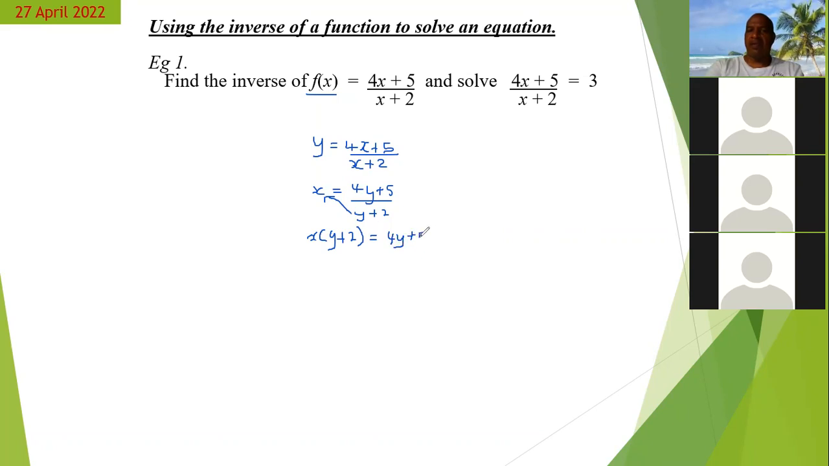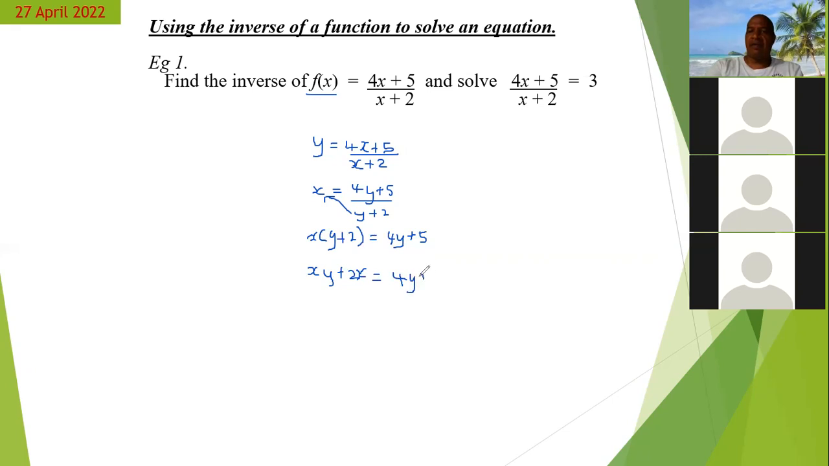All right, now once we get it here, our aim is really to get the y's together, because one y is on the right-hand side, one y is on the left-hand side. So first we want to expand the bracket on the left-hand side, multiplying out by x. So we'll get xy + 2x, and that would equal 4y